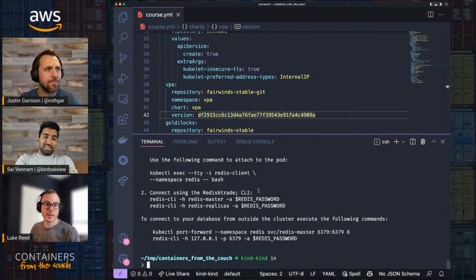There is no link there. It's up to the chart maintainer to actually put that into the metadata of the chart file. So